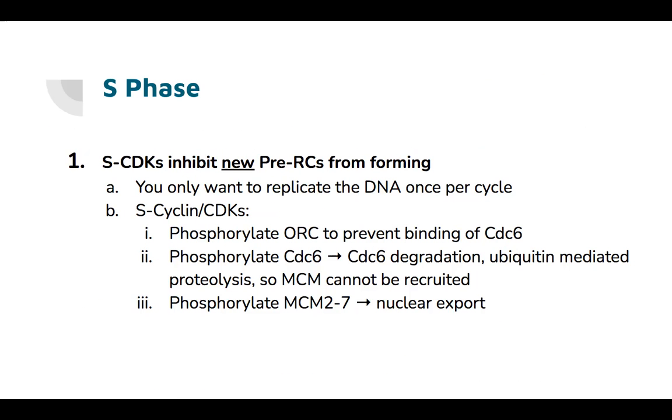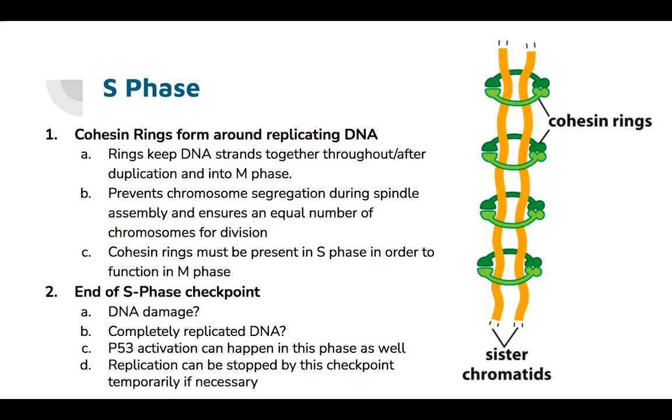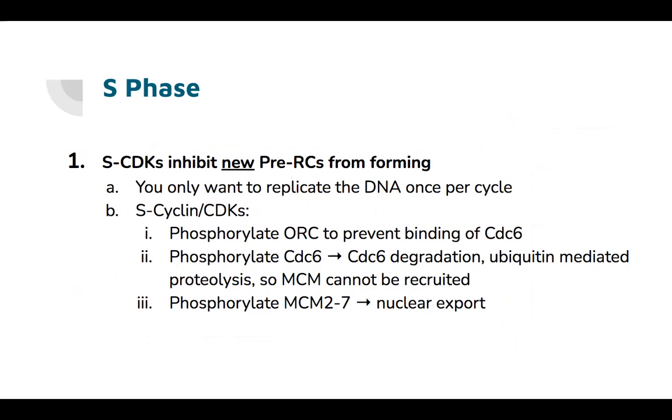And you want to think about how that's important, that the CDK has a twofold effect, where on the one hand, it's also important to start the formation of ORCs, but when that first initial step has happened in the G1 phase, then now in the S phase, it plays the opposite role. And it actually inhibits the formation of new ORCs. And that also is important to remember, that even though it's CDK that's going throughout every phase of the cell cycle, it really is the cyclins that determine the CDK's specific role in the phase it is. So for the next slide,